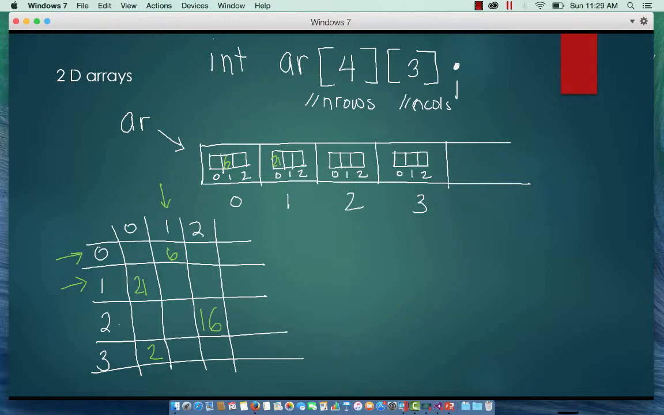And the way that you would assign that, so let's assign this one right here. We would say AR at row 2, column 2 equals 16. So what you would do then is you would just go to row 2, column 2, and assign a 16 here. And just like with any other kind of array,